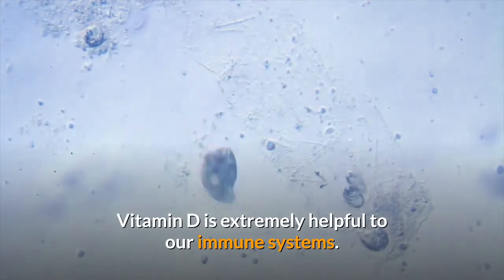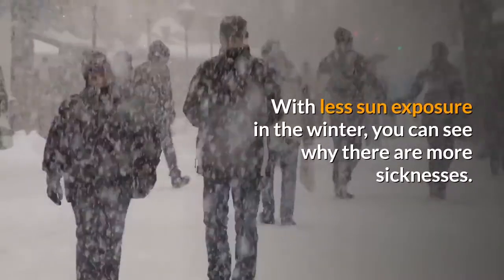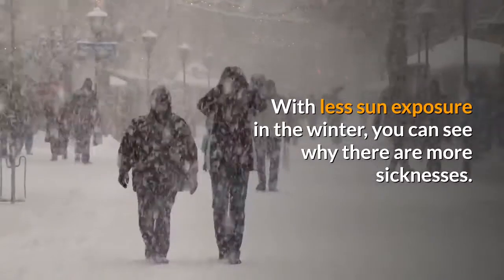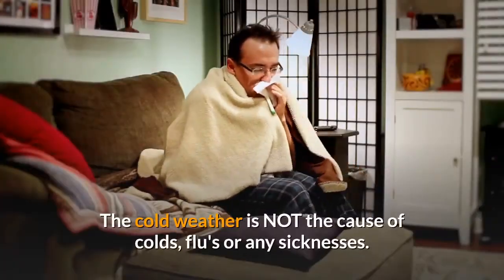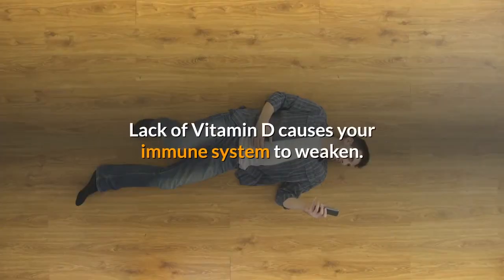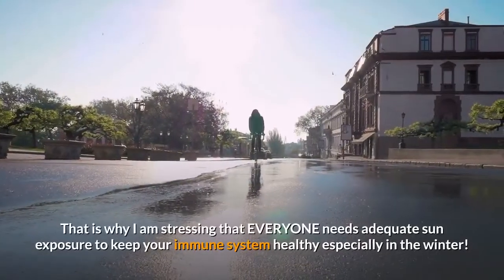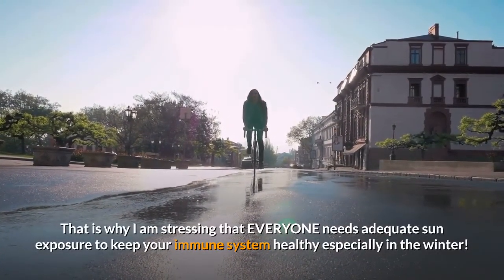Vitamin D is extremely helpful to our immune systems. With less sun exposure in the winter, you can see why there are more sicknesses. The cold weather is not the cause of colds, flus, or any sicknesses. Lack of vitamin D causes your immune system to weaken. That is why I am stressing that everyone needs adequate sun exposure to keep your immune system healthy, especially in